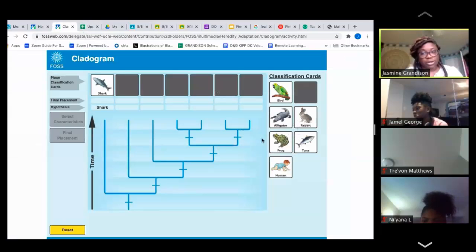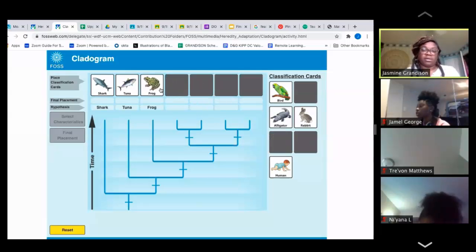What would be the next organism we place next to the tuna? You're comparing the characteristics. Great. Someone said the frog. And the last 2 are tricky. Let's look at the bird, the alligator, the rabbit, and the human. What characteristics can we put